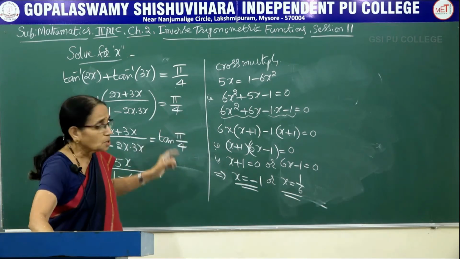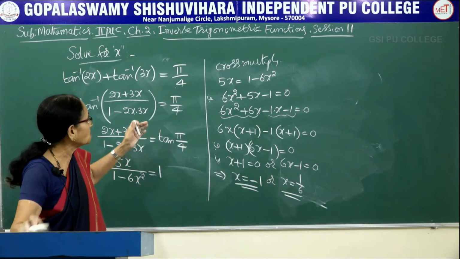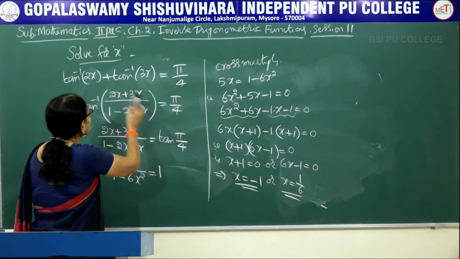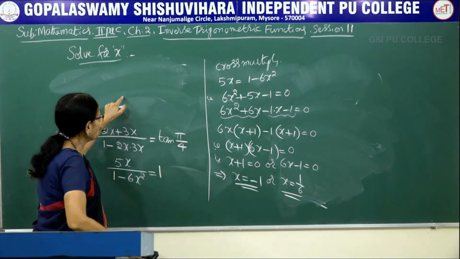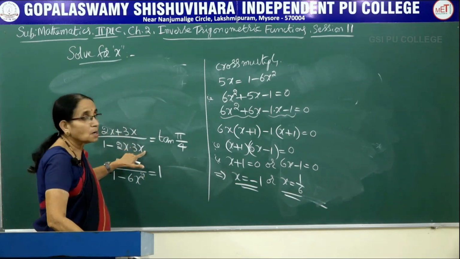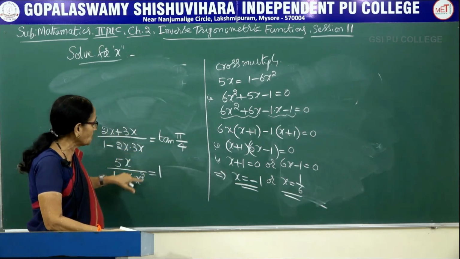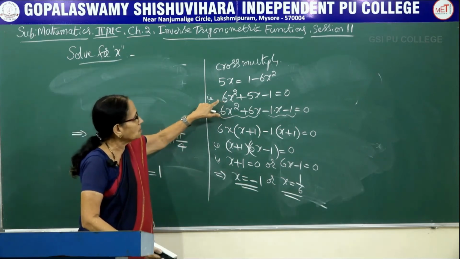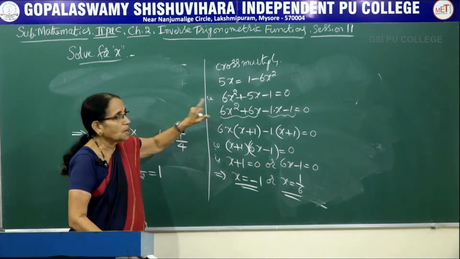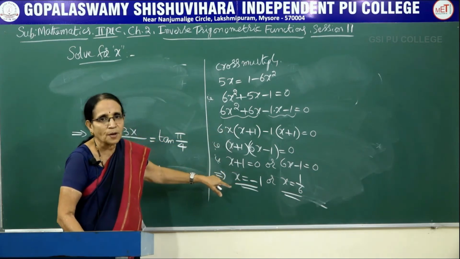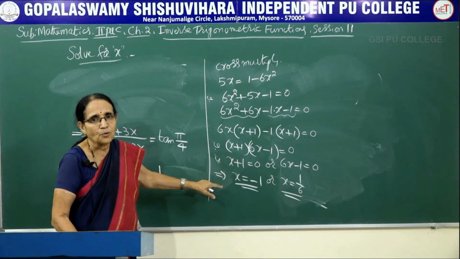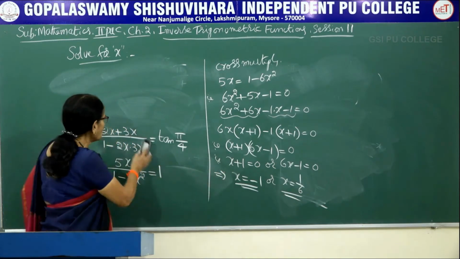Here go through this problem correctly, and I told you this is a repeated problem in many examinations for a 3-mark question. Here for simplifying, using the property of the inverse trigonometry function to arrive at the quadratic equation, usually 1 mark is allotted. And afterwards solving and getting two values of x, 1 mark for each value of x is usually assigned in the examination.